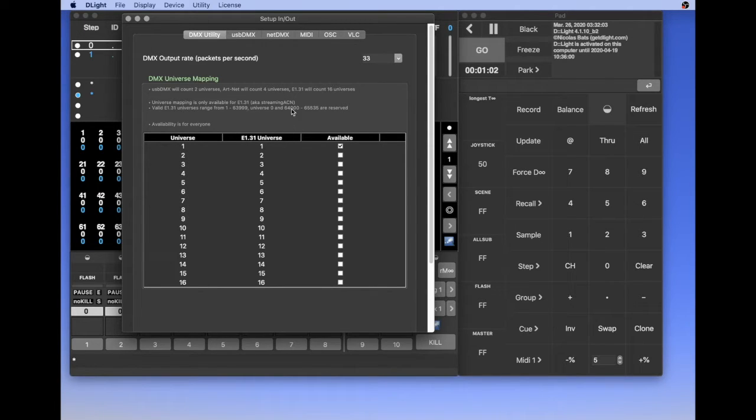Now for streaming ACN protocol or 131 protocol, you can make a universe patch.